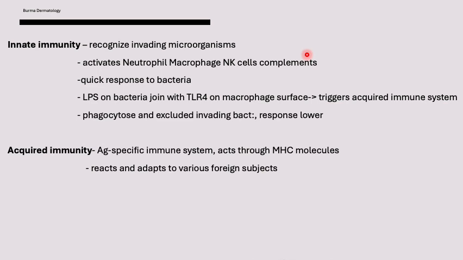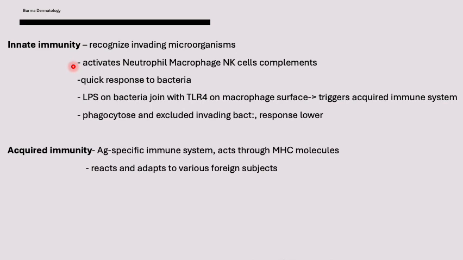And there are two main types of immunity, which are innate immunity and acquired immunity. Some say there are three types, with the other being passive immunity, which is left out in this topic. And the innate immunity recognizes the invading microorganism and activates neutrophils, macrophages, natural killer cells and complements. And it is a quick response to attack the invading